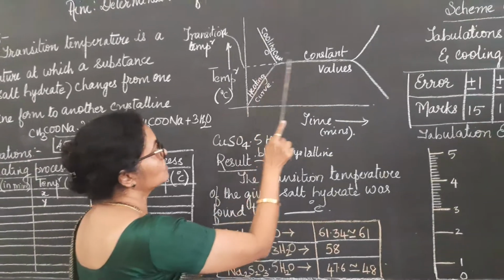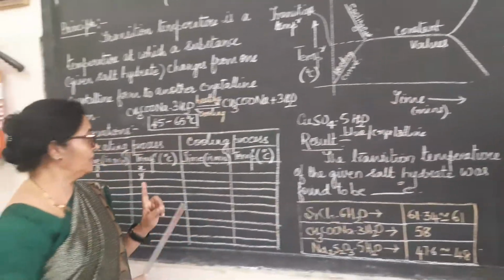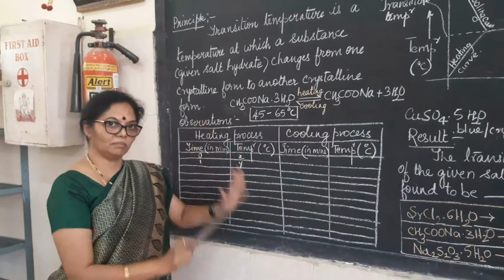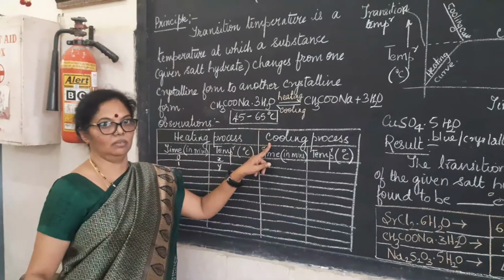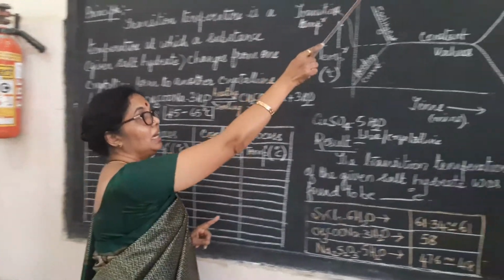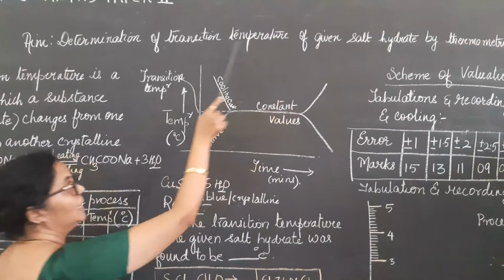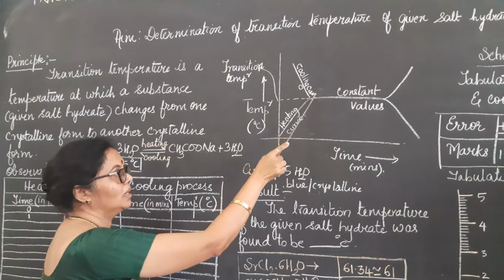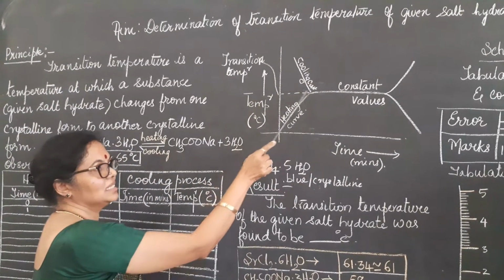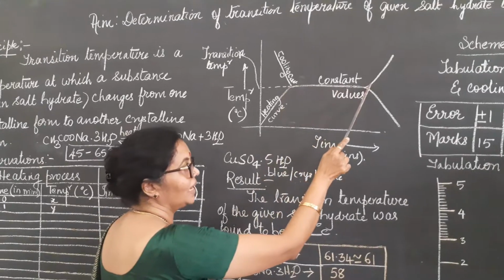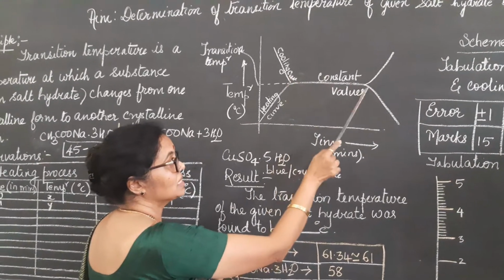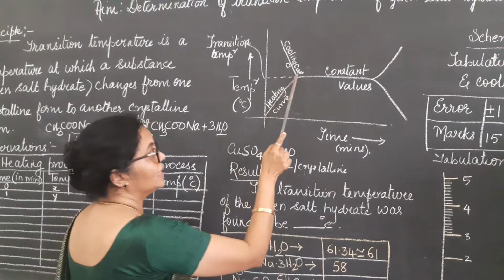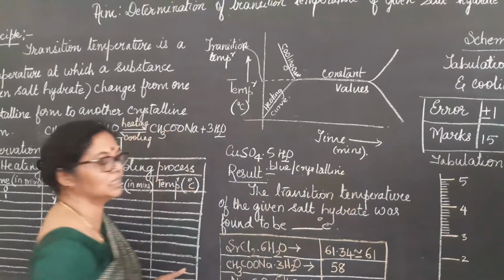Okay. Now this is called a heating curve because you are observing the values while you are heating. Later, what we are going to do is, we will stop the heating process and we will start cooling it down. So when you are cooling it, it will be at a high temperature because you would have stopped somewhere here. You start cooling, it goes down, it keeps on decreasing. Again when it reaches the transition temperature, it becomes flat until all the substance gets converted back from what it was here to here. So it gets converted and then again the temperature decreases.